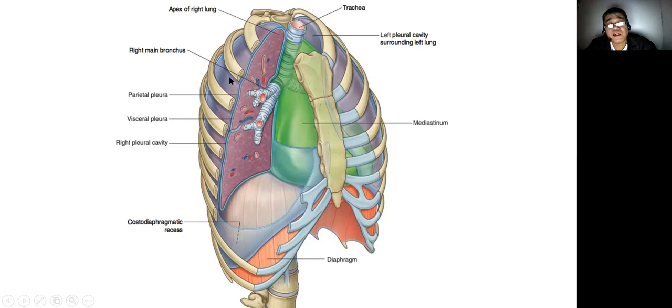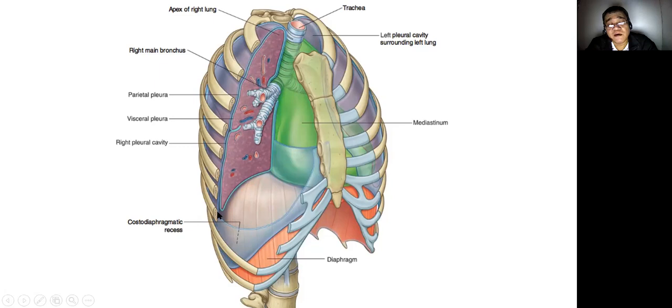If you notice, the parietal and visceral pleura forms a closed membranous sac, okay? And this closed sac, this space in between the parietal and visceral pleura, is known as your pleural cavity. It is actually a potential space which is filled up with a minimal amount of pleural fluid, which acts to lubricate the surfaces of the lungs and the parietal pleura,